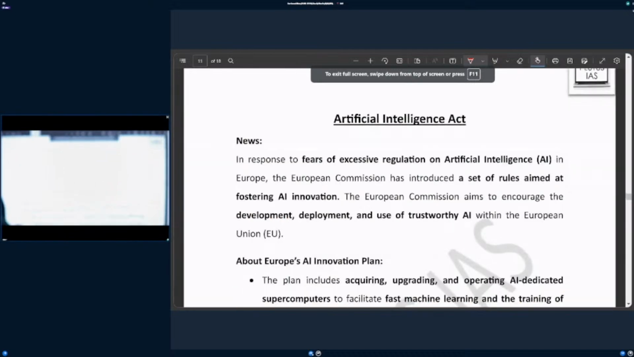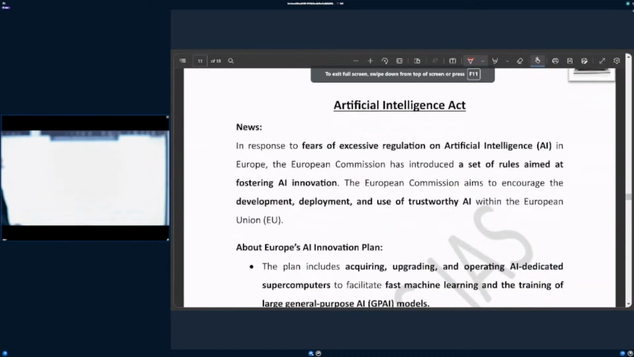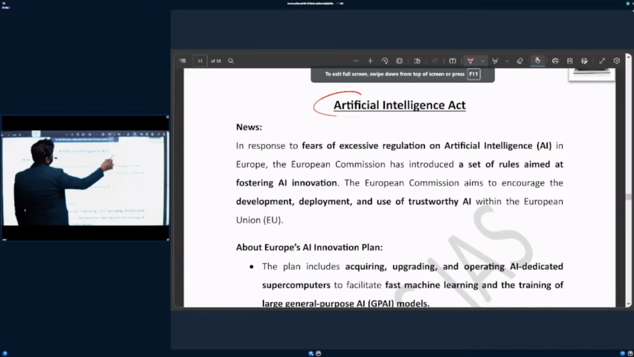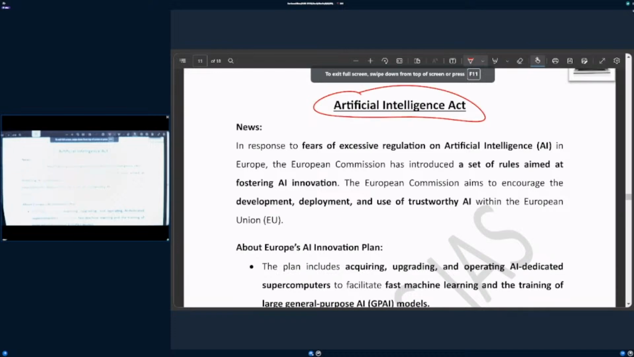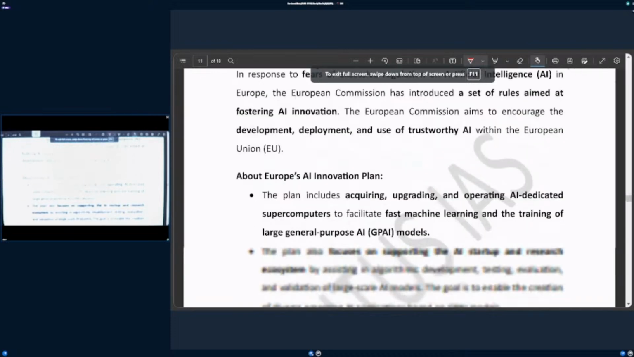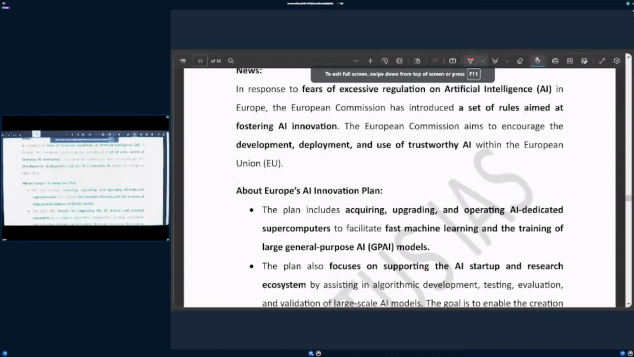नेक्स्ट इज आर्टिफिशियल इंटेलिजेंस एक्ट. इट हैज बीन पास्ड इन यूरोपियन यूनियन. यूरोपियन यूनियन हैज पास्ड आर्टिफिशियल इंटेलिजेंस एक्ट. अब ये पास क्यों करा गया है? बिकॉज देयर वाज एन एप्रीहेंशन